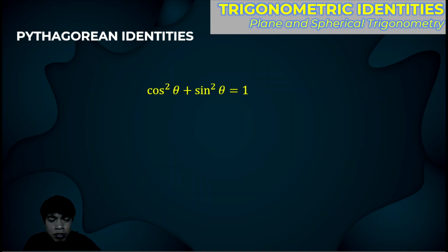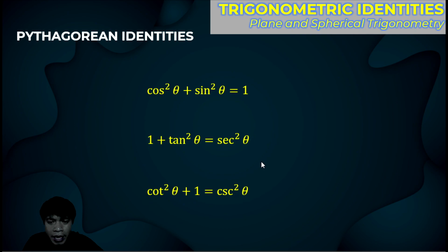Okay, so ito is very common, very basic, alam nyo na yan. Tapos yung 1 plus tangent squared theta is equals to secant squared theta. Tapos yung next is cotangent squared theta plus 1 equals to cosecant squared theta. So kung napapansin nyo guys,